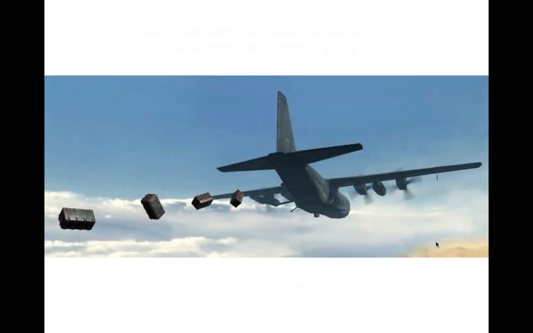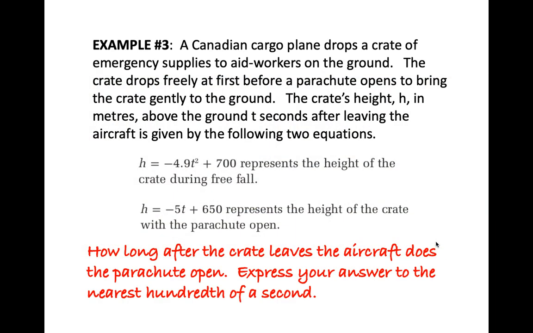All right, let's take a good look at a word problem. It's actually a fairly appropriate one in some ways. It's talking about how cargo planes sometimes drop crates of emergency supplies to aid workers on the ground. So, a Canadian cargo plane drops a crate of emergency supplies to aid workers on the ground. The crate drops freely at first before a parachute opens to bring the crate gently to the ground. The crate's height, h, in meters above the ground, t seconds after leaving the aircraft, is given by the following